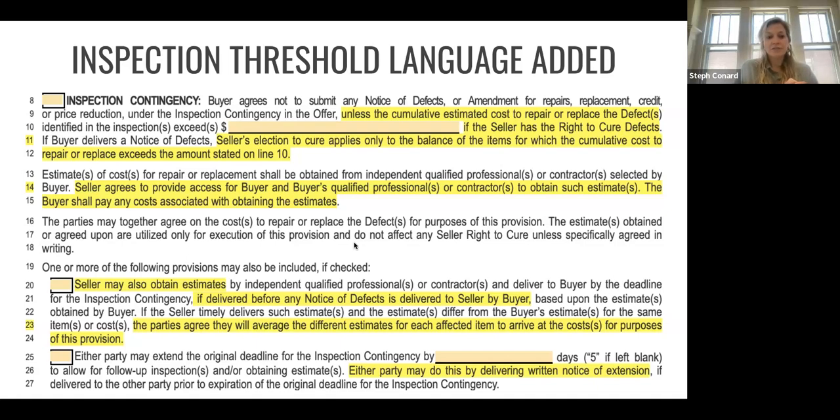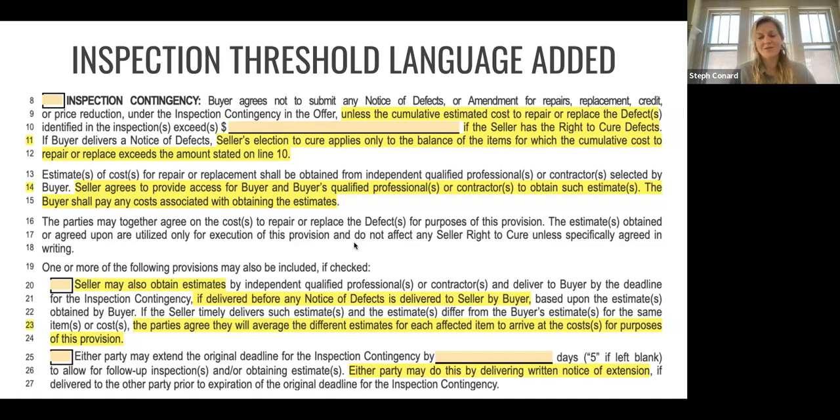Line 25 through 27, either party may extend the original deadline for the inspection contingency by, and you can put in a date or a number of days here, it's 5 if left blank. So they may extend the original deadline for the inspection contingency by 5 days to allow for follow-up inspections and or obtaining estimates. Either party may do this by delivering written notice of extension if delivered to the other party prior to the expiration of the original deadline. So this is nice,